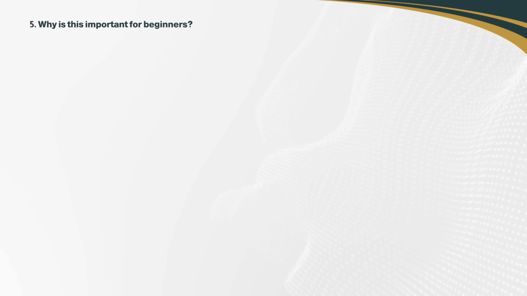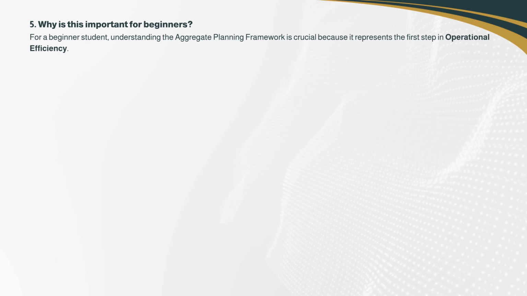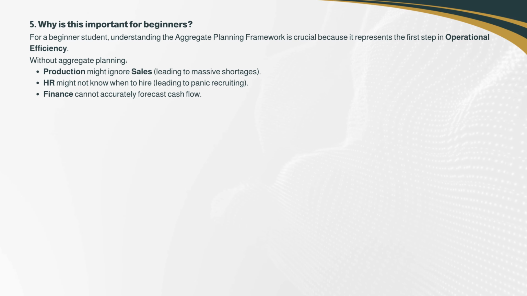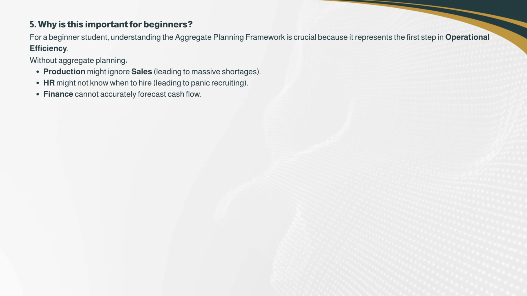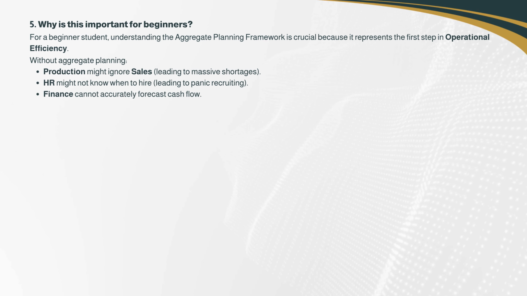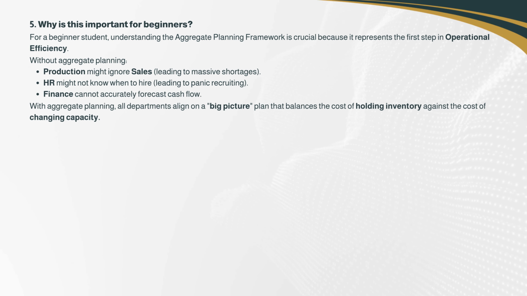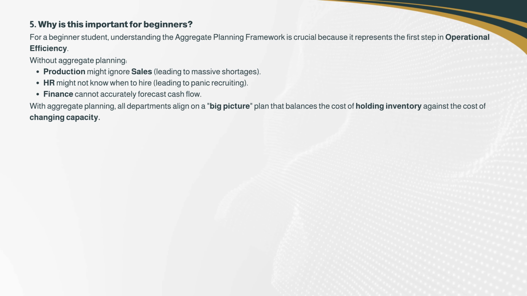5. Why is this important for beginners? For a beginner student, understanding the aggregate planning framework is crucial because it represents the first step in operational efficiency. Without aggregate planning, production might ignore sales, leading to massive shortages. HR might not know when to hire, leading to panic recruiting. Finance cannot accurately forecast cash flow. With aggregate planning, all departments align on a big picture plan that balances the cost of holding inventory against the